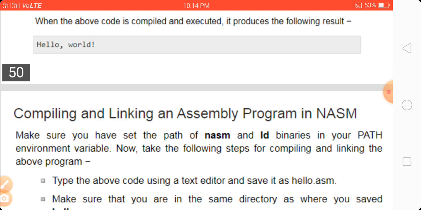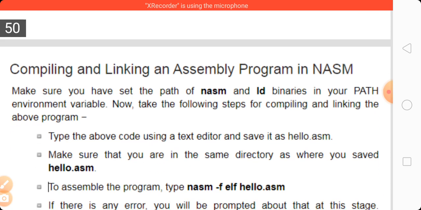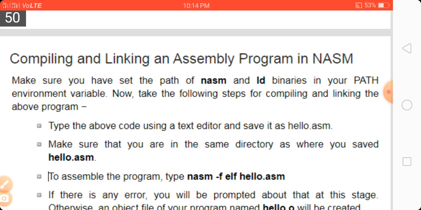Now take the following steps for compiling and linking the above program. Type the code using a text editor, like Notepad or WordPad, or we can use the text editor of NASM, and save it as hello.asm.